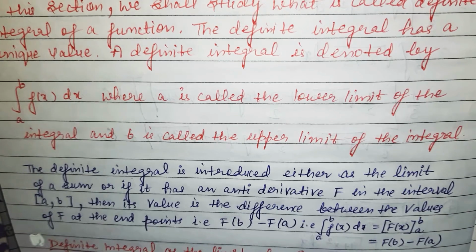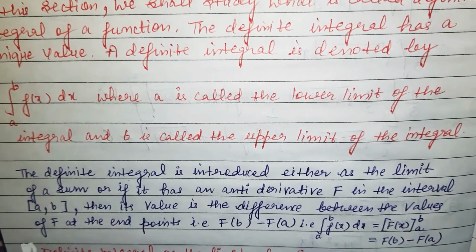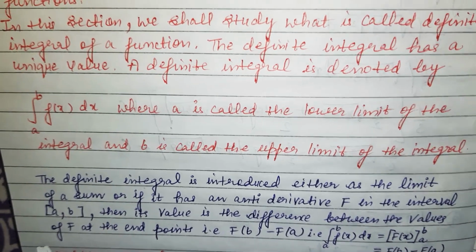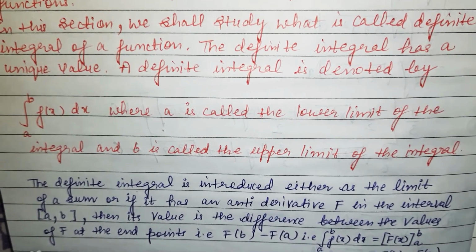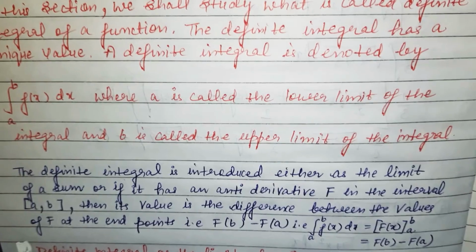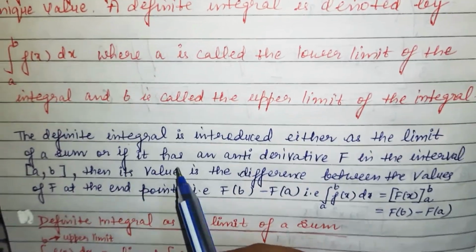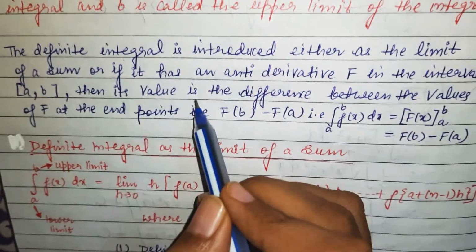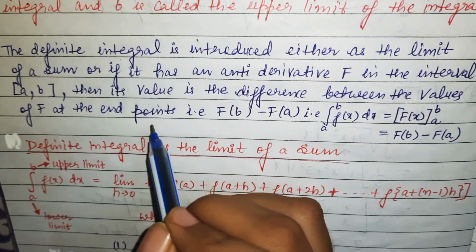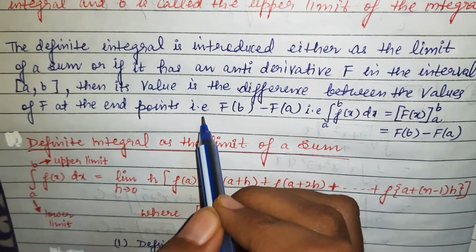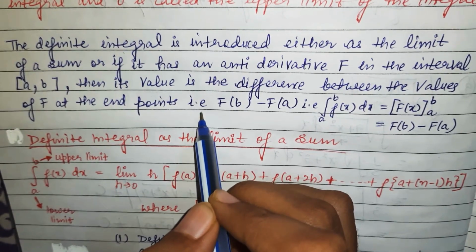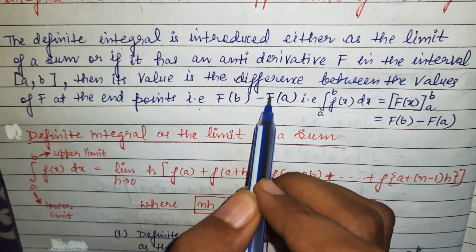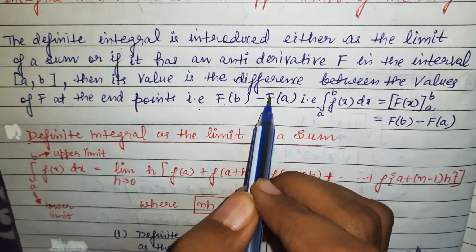Whenever I am talking about the definite integral, we'll have two varieties. Either we need to solve the question by finding the antiderivative. You need to calculate the integration, and after that you need to apply upper limit minus lower limit. That means if it has an antiderivative, then in the interval AB you need to take the difference between the values. Whatever answer I am getting will be in terms of x, and you need to do upper limit minus lower limit. So this is the first method you need to apply while solving definite integral.